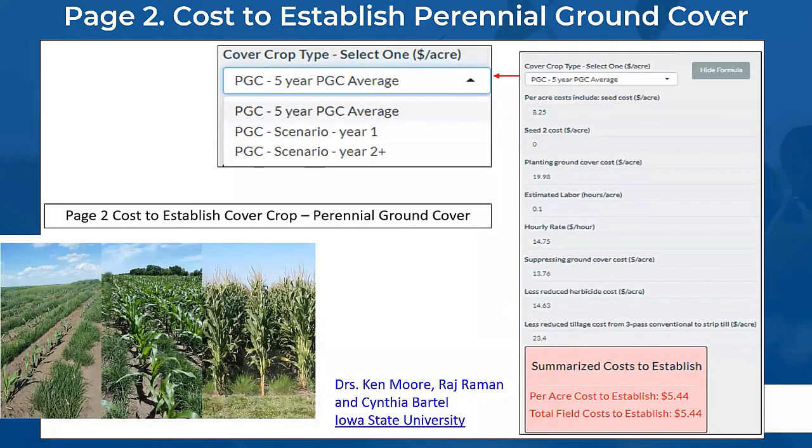Another unique feature of this tool is that it's the first tool ever, at least in the country, which has, in addition to annual cover crop, perennial cover crop information. This is a practice being researched by a group of scientists from Iowa State here on campus, specifically by Dr. Moore and Cynthia Bartle from the Agronomy Department and Raj Raman from Agricultural and Biosystems Engineering. They provided this data for the perennial cover crop,